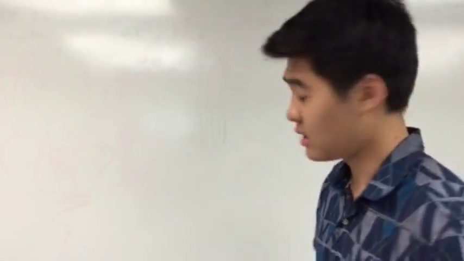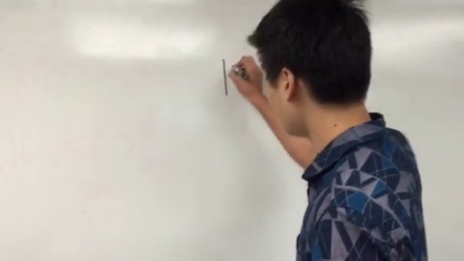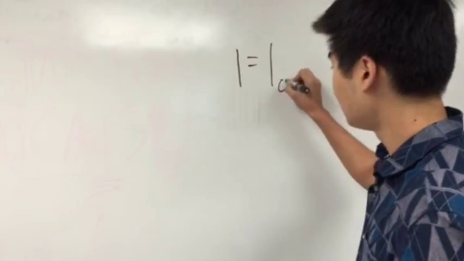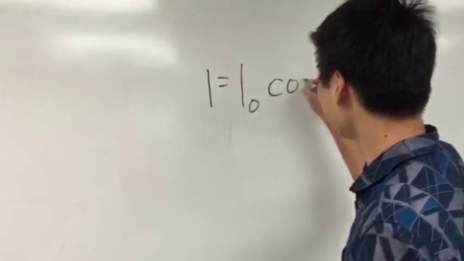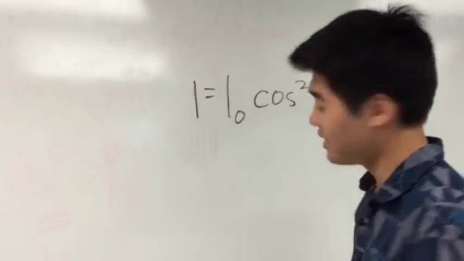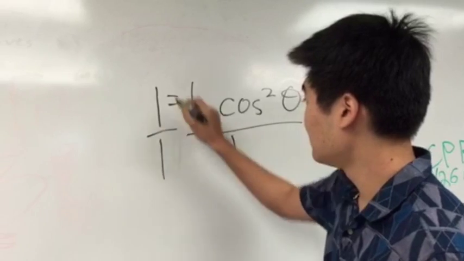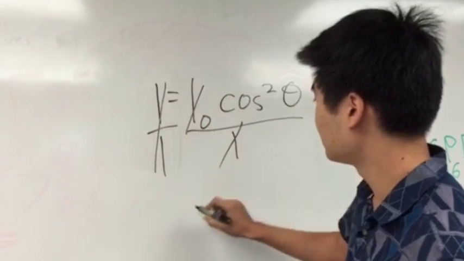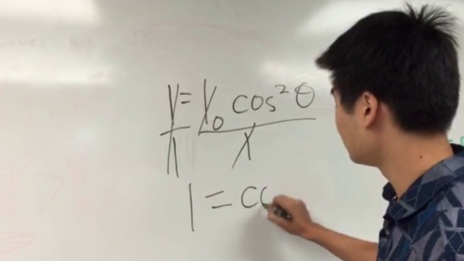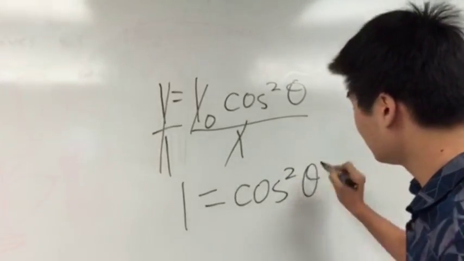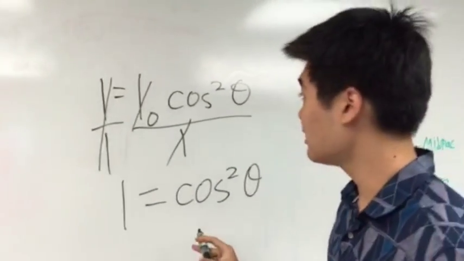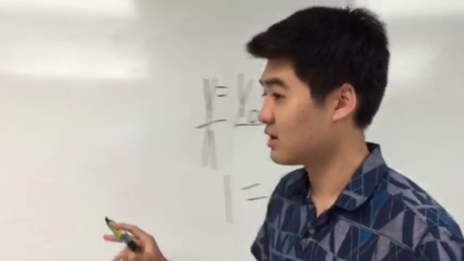Malus's law, the equation is I equals I naught cosine squared theta. And because you can cancel out both I's, it'd be 1 equals cosine squared theta. And the graph to this looks like